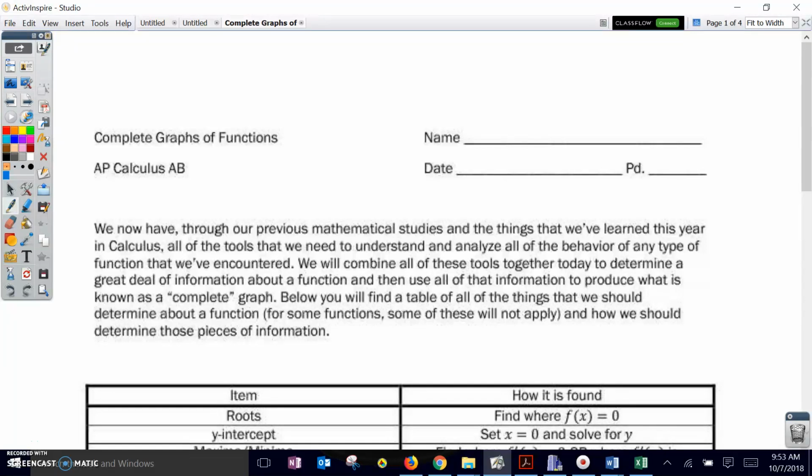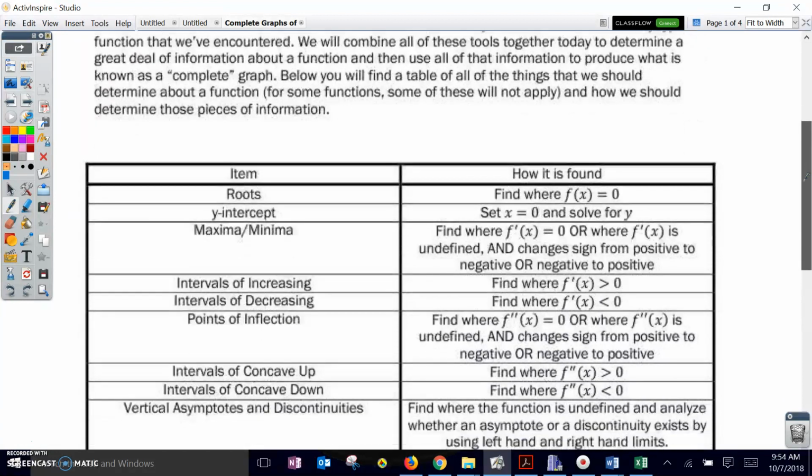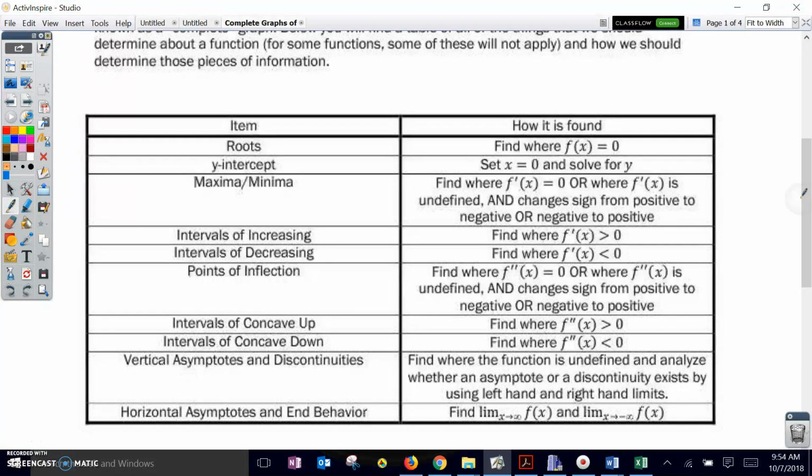Alright, welcome back everybody. In this lesson we're going to look at how we find complete graphs of functions. We're going to find all of the important information that we've learned how to find in one particular problem using all the tools that we've used thus far this year pretty much. We're going to identify all of these characteristics and then use them to create what we call a complete graph